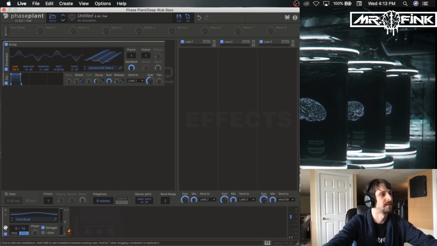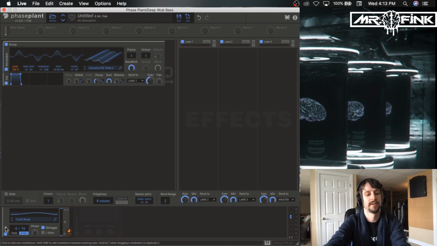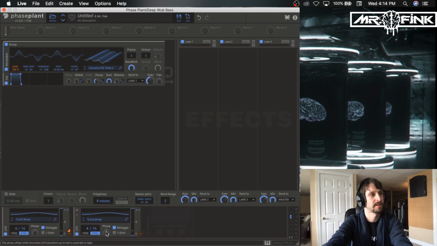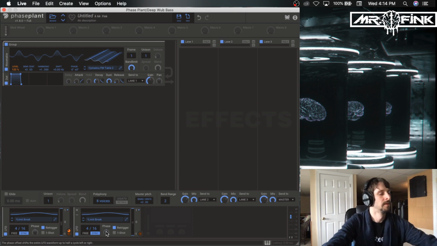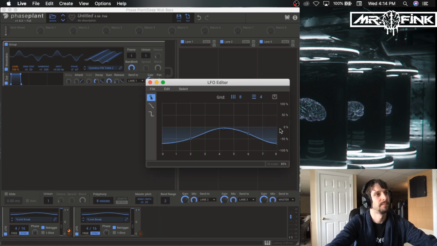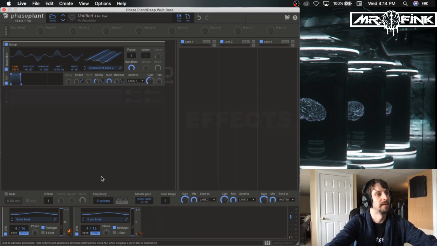The next thing I did was I took this LFO, held Option, and then clicked and dragged to copy the LFO. I like to copy LFOs over in case I want to mess with the shape at all, and I don't want to affect the automation for the other LFO. So for this LFO,